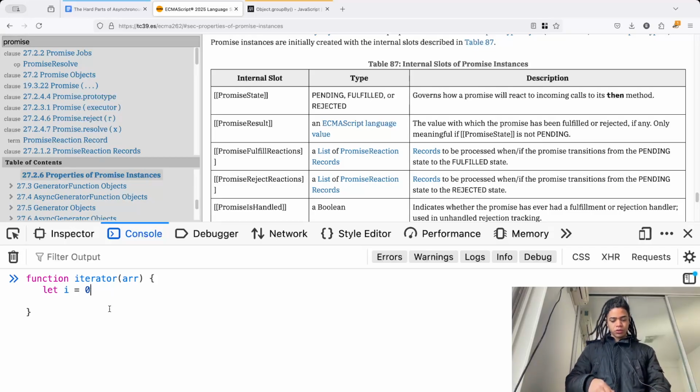But it's important to understand that. So function iterator, the array, and then